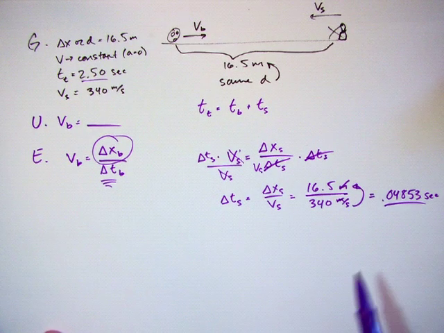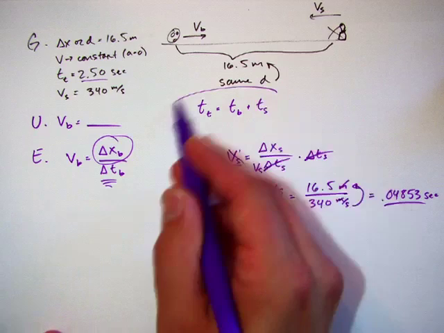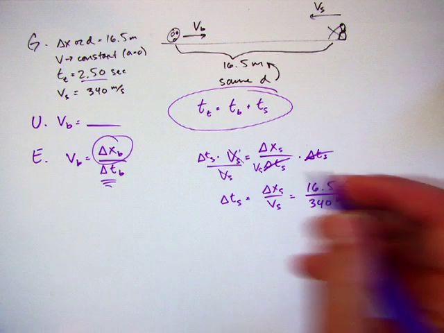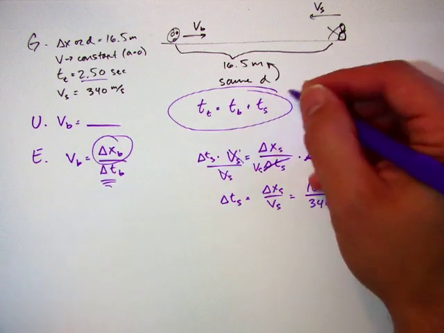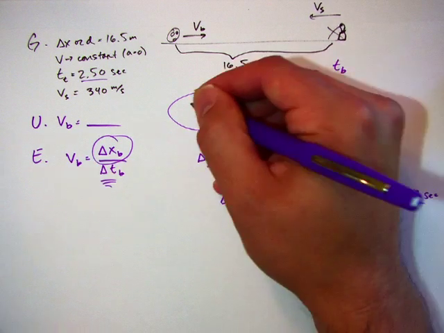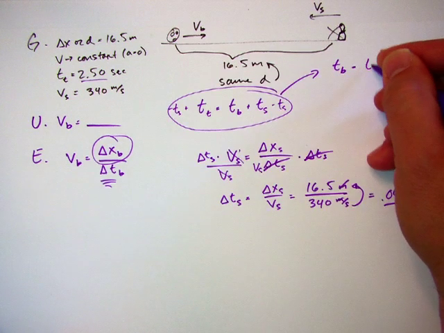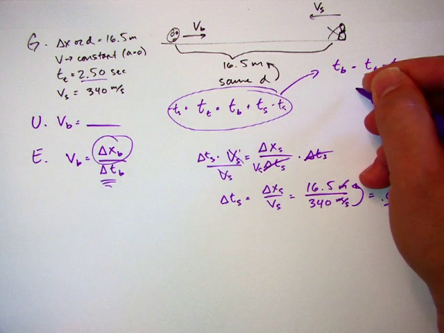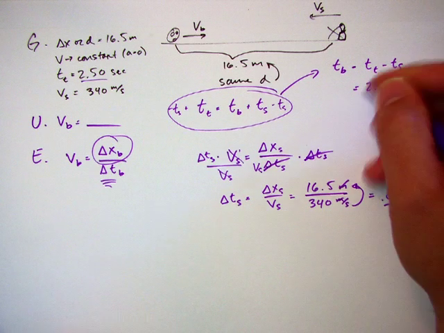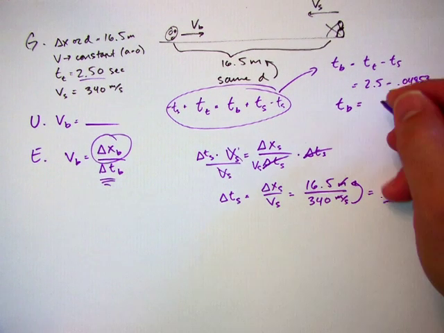Okay, all right, how does this help me? Well, this doesn't tell me the ball time, but I know the total time is the ball time plus the sound time. So now that I know the sound time, I know the total time. I'm going to set this up and solve for TB. So TB, I'm going to subtract TS from both sides. So the ball time is total minus TS, which is 2.5 minus 0.04853. So the time that the ball is traveling down the lane is about 2.45